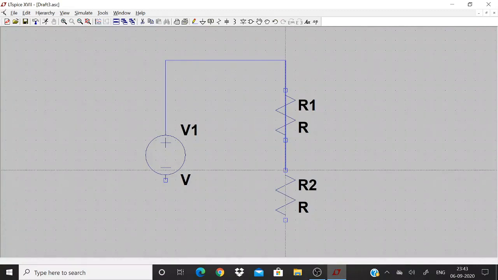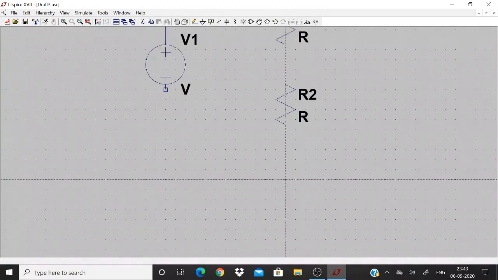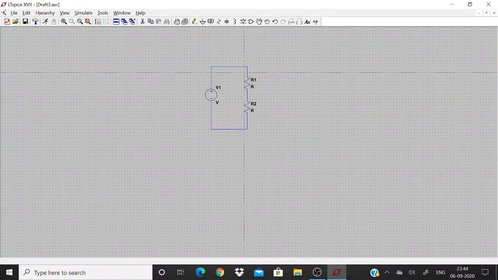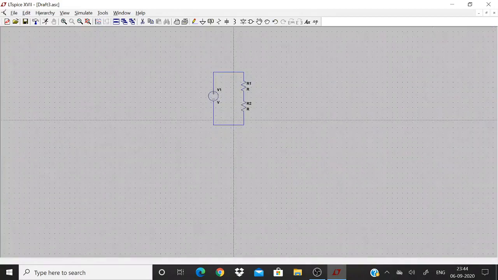I can even draw across components, but it will not show the component, it will just make a connection between the components. Okay, I have connected all the components.